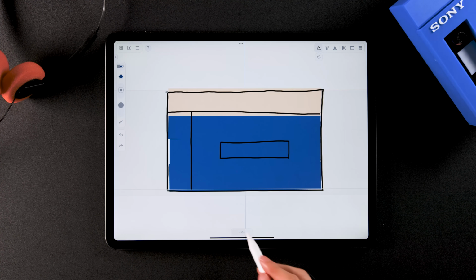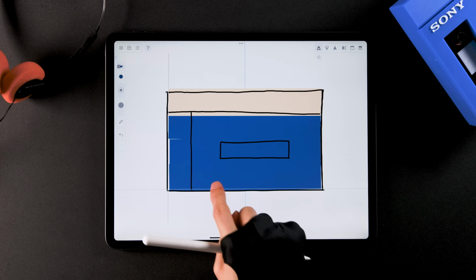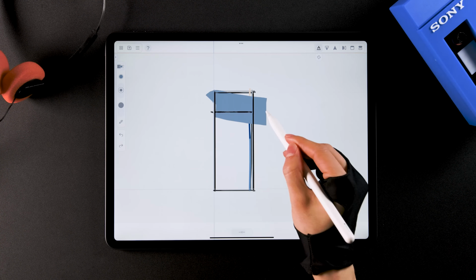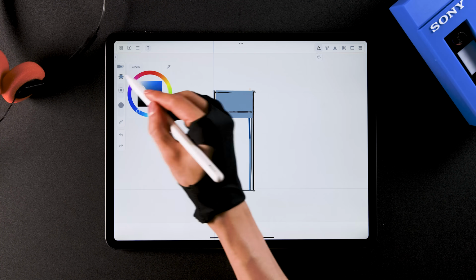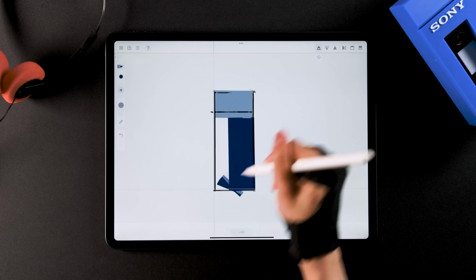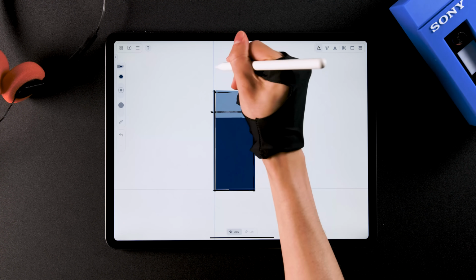This mode works for 3D guides too. Draw a guide for the left side and continue painting. This is the dark side of the box, so let's use a darker color. Close the guide, draw the back, and repeat.